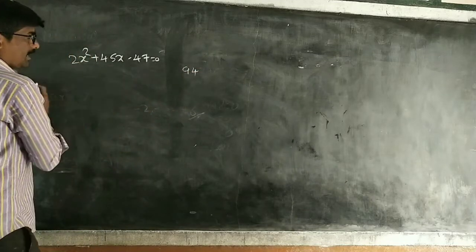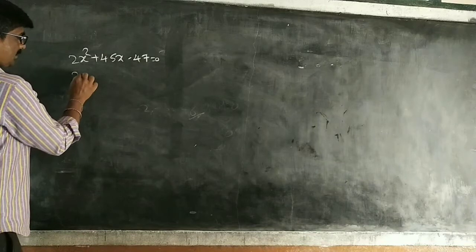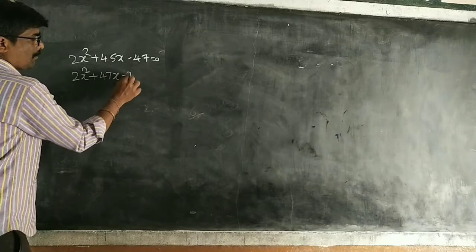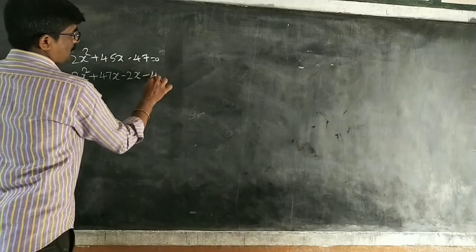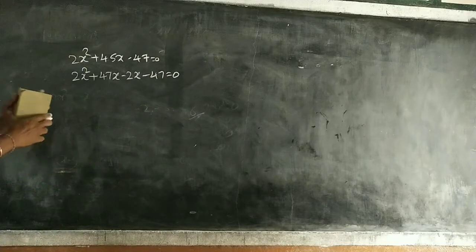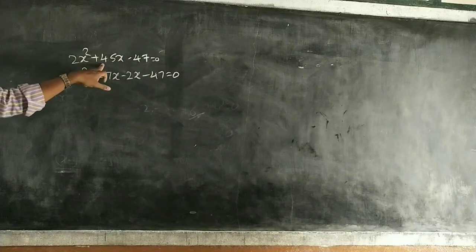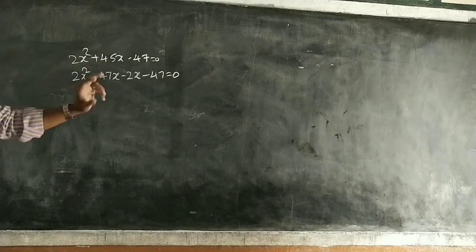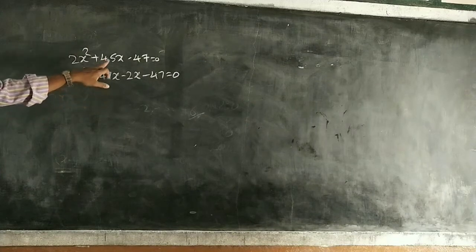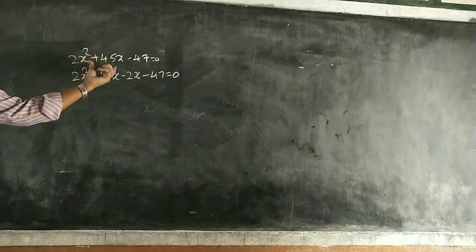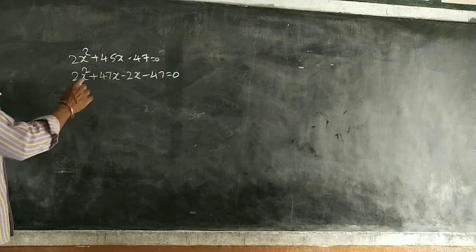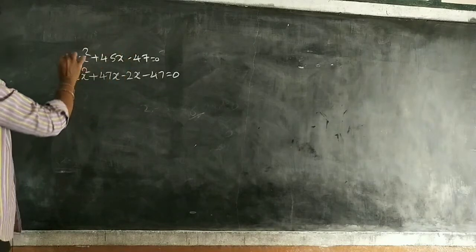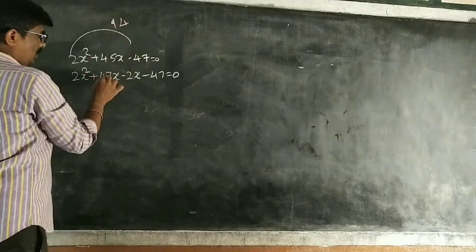Okay, here I am using, observe, 2x square plus 47x minus 2x minus 47 is equal to 0. Simply because minus 47 plus 2, we are getting minus 45. So just I am changing signs only, then it will be set. But 45 I am writing, 47 minus 2, we are getting 45. It is okay. Next, 47 times 2 is 94 as it is. So 47 times 2, you got the same. This is also 94, this is also 94.